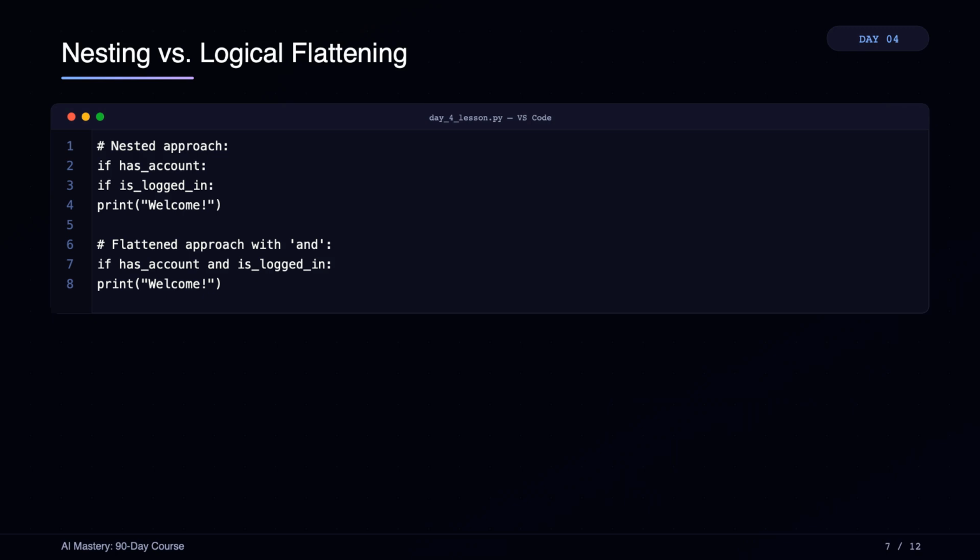On screen, you can see both approaches side by side. The first block uses nesting. If has_account is true, Python enters the first block and then checks if is_logged_in is true. Only when both are true does it print Welcome. The second block performs the exact same logical checks but flattens them into a single line using the and